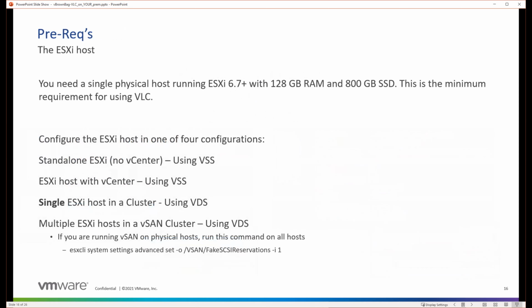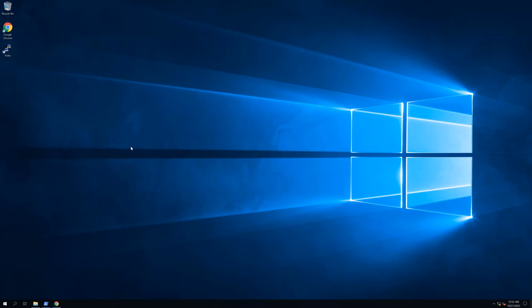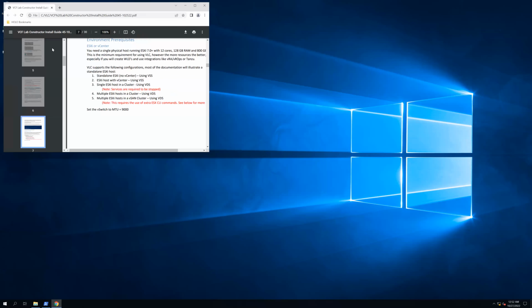All right, so the prerequisites here: you need at least one host, 128 gig of RAM. I'm actually going to stop sharing this, and let's go share the lab. It's this one. It's big, it's blue, it's empty. You guys see the virtual desktop? Sure do, yeah. Cool. All right, so since we're starting with the host,